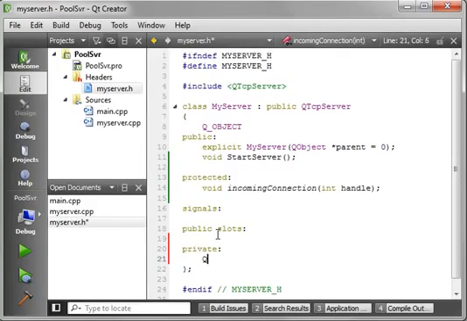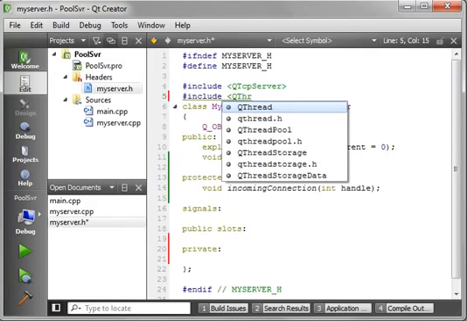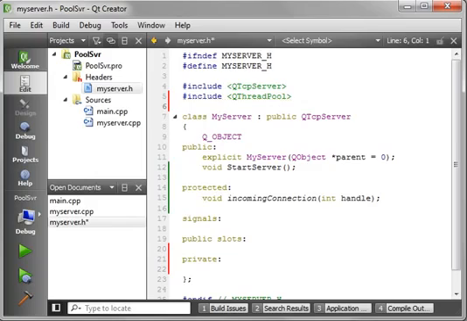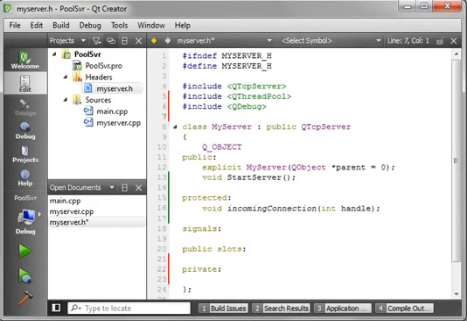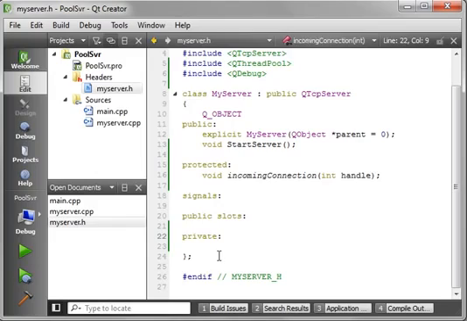we're going to have a, can't do that yet, sorry. We didn't include it. So let's just go ahead and back up here. I'm going a little too fast. QThreadPool. I'm actually pretty excited about this tutorial, so let's add our includes. Shame on me for not doing that earlier. Alright, now we will go ahead and throw in our private